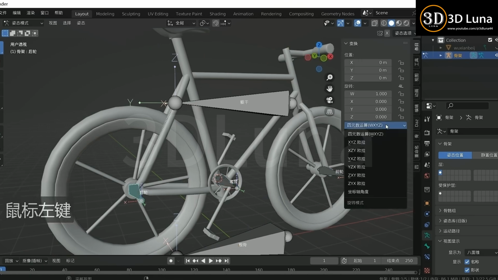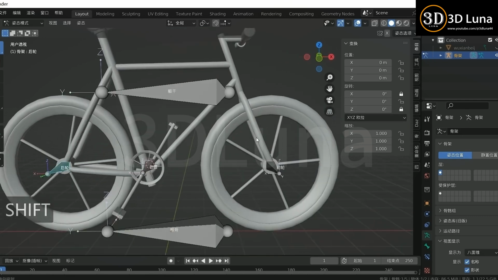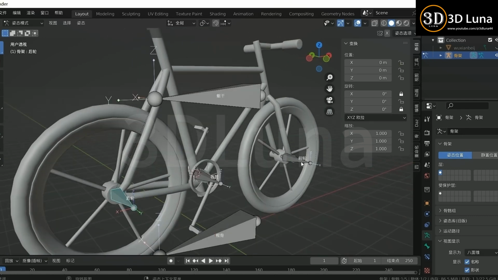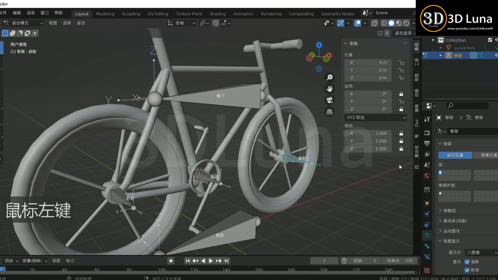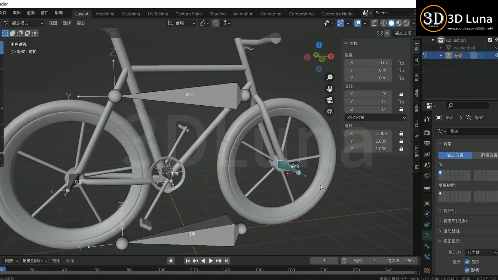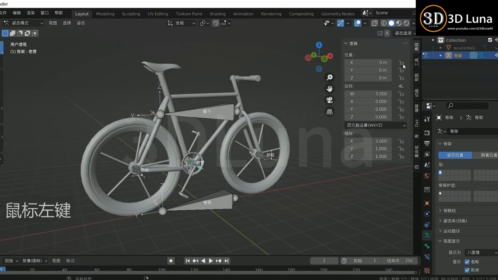We don't need it. Leave the position for it. It doesn't need to be locked. Change it onto Euler. Leave the y-axis. Lock and lock. It doesn't matter. Euler. Only leave the y-axis. At this time, when I am rotating, I can only rotate in this direction, but it doesn't affect its position